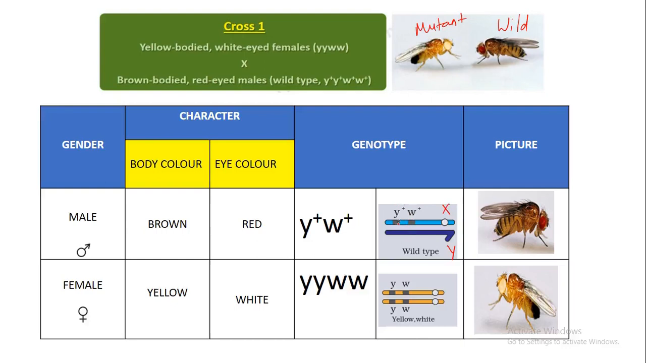Here, this is locus 1 and locus 2. Locus 1 is the gene for body color and locus 2 is the gene for eye color. Okay, Y plus represents the brown color, W plus represents the red color of the eye. இங்கே பார்த்தீங்கன்னா the genotype